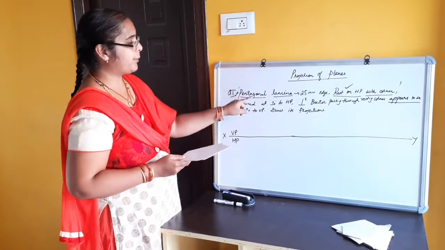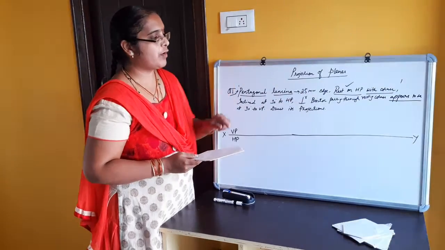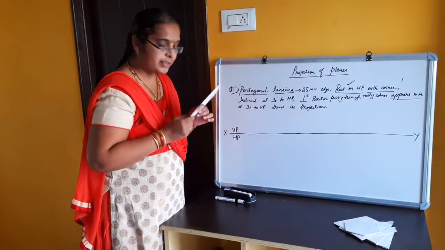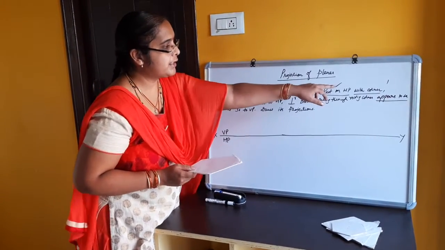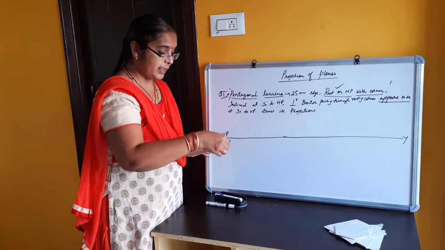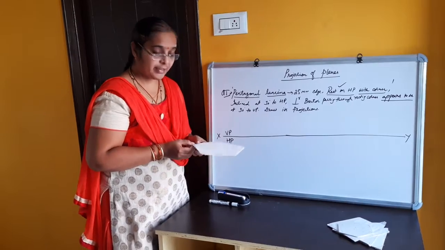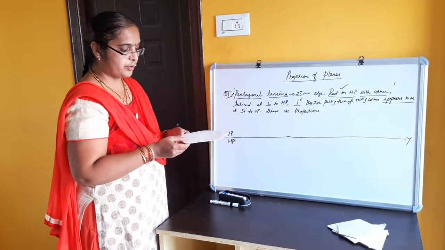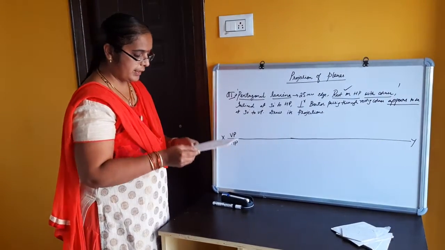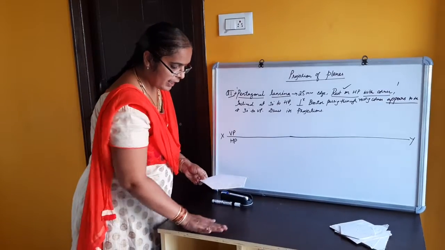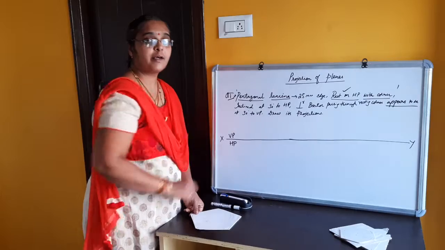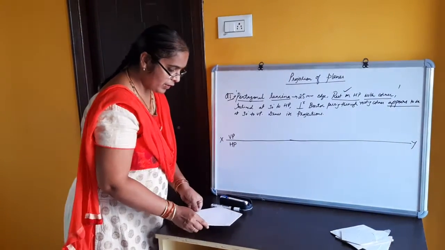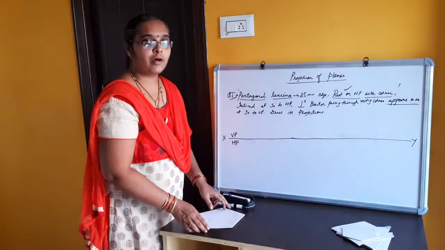Okay. So here the pentagonal lamina is resting on HP. So assume that it is parallel to HP in the first stage. Okay. Since it is resting on its corner, consider the corner position. Here the corner position you are supposed to consider. Okay. So here it is resting on HP. I will consider this surface itself as the HP and this board itself as the VP. Now it is resting on HP with its corner.